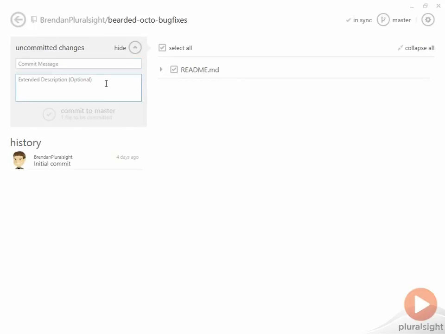However, if you have additional information that needs to be included that might not be able to display in some places, you can include an extended description. This is not required, but allows you to include detailed information about what was actually changed. So if there were some important details about the commit that needed to be in here, you could put the information in here and have a brief message that says what's